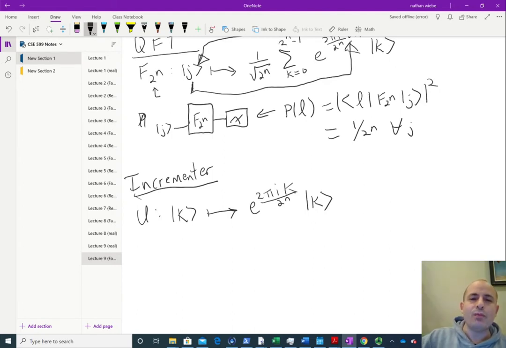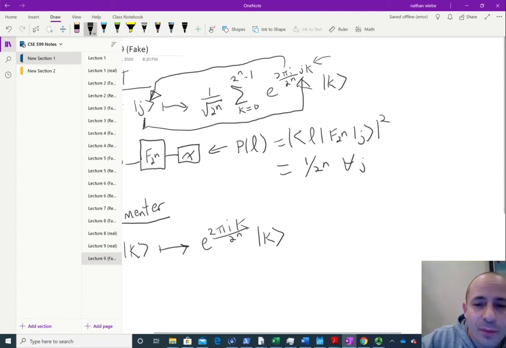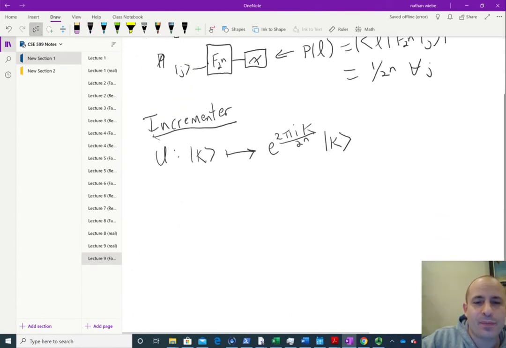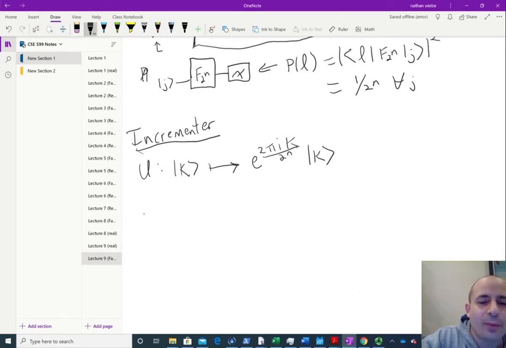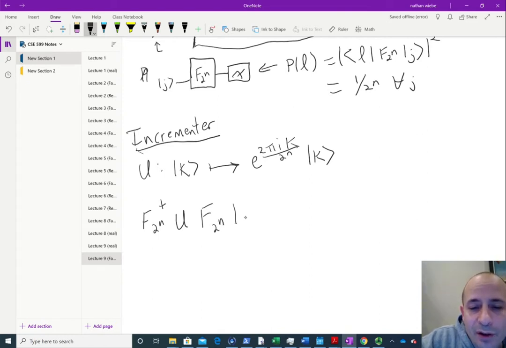The reason why we care about it is the following. Let's take a look at the following subcircuit: F 2 to the n dagger, which is the inverse of a Fourier transform. Then U F 2 to the n, acting on a state j over here. Okay, so this is equal to U 2 to the n